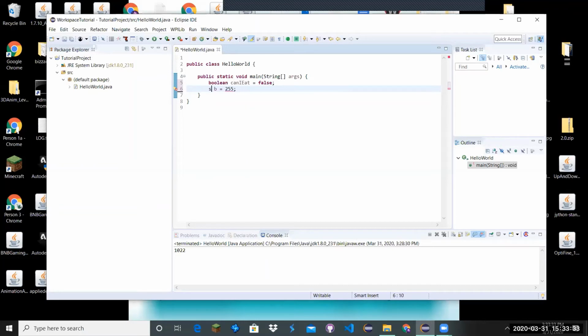The upgrade to a byte is a short, which can store a little more. I'm not sure what the max value for a short is, but a short is a number without decimal points that can store a little bit more. An integer is the most commonly used one. An int is a